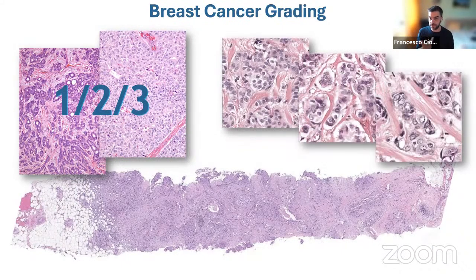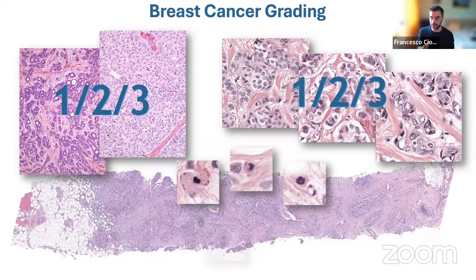But I said there are 3 components. The second one is nuclear pleomorphism. And visually is something like this. This is 1, this is 2, this is 3. This encodes essentially how much tumor cells are different from healthy epithelial cells. So you see here on the left, these are more organized with an organized structure, and the more you go to the right, they become more chaotic, let's say. Of course, this is terminology and concepts that I learned by talking to my colleagues pathologists. I don't have a very strong medical knowledge to say that, but I know that in the guidelines you have also for this nuclear pleomorphism, you have to put the case into 1, 2, or 3.